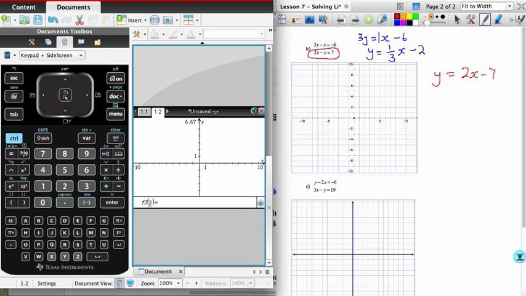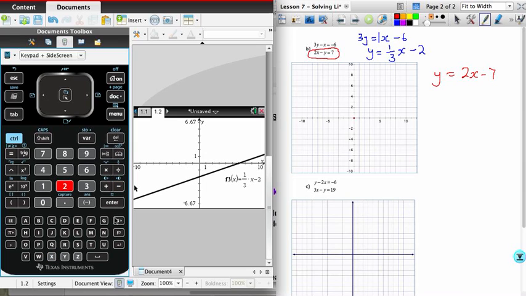And again, it starts the numbering at F3. Don't worry about the F3. This just means it's a new function. So I'm going to go ahead and enter 1/3 x, subtract 2, and that's going to be my first function of this system. And then the second function that I need, remember we can use the menu in order to get this, but the quicker way is to just push tab, and it opens up the function or equation entry box. What I'm going to type in there is 2x subtract 7, hit enter,